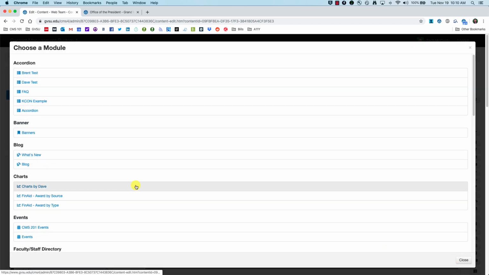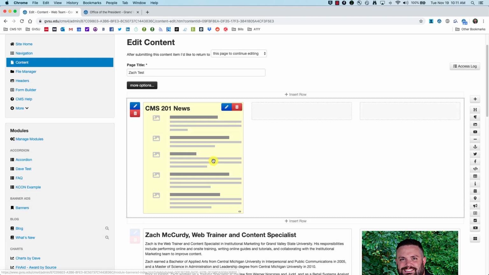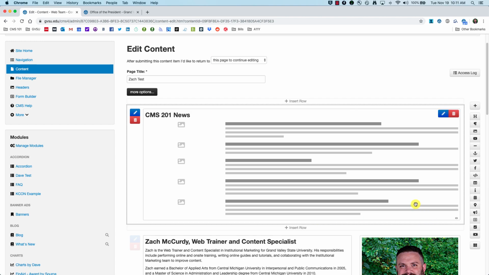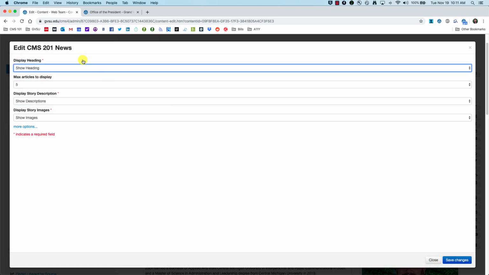And when this list appears, I'm going to scroll down and find underneath GVNext News, here's the module that we created. So now I've added that into our CMS, and like other things, I can resize this if I want to. Now, if I click on the Edit button, you will see here that I'm brought up and